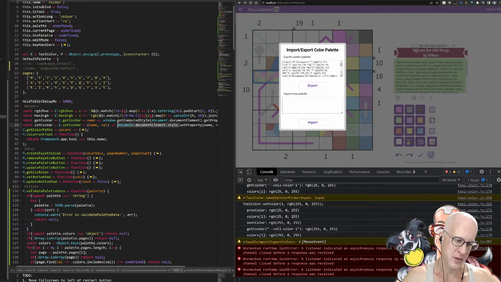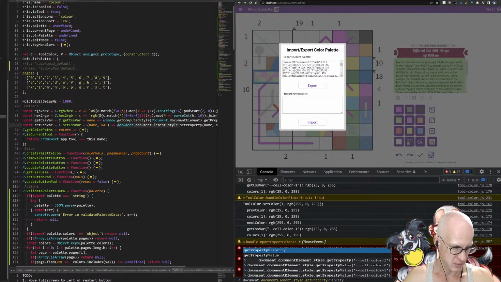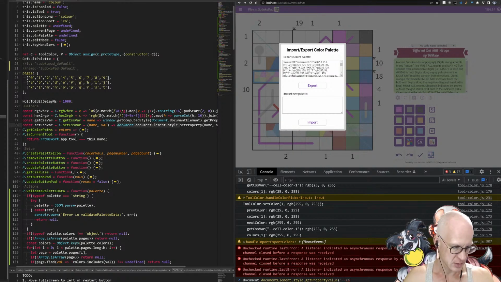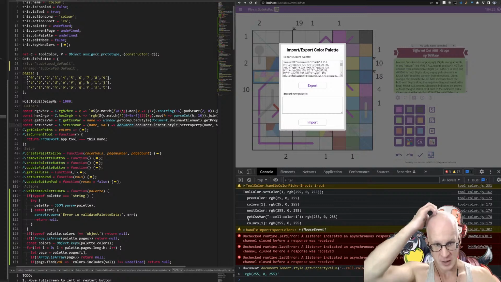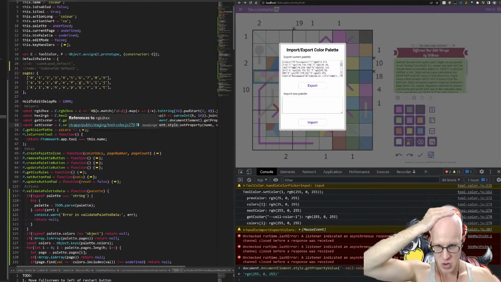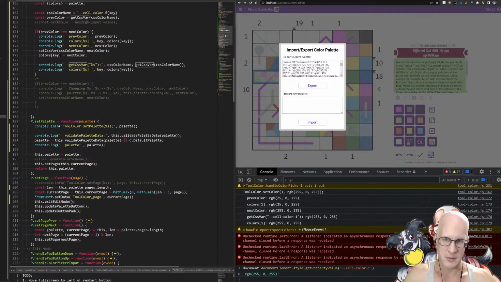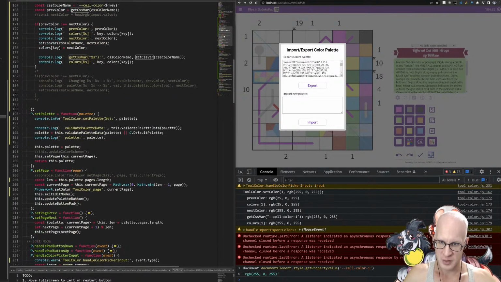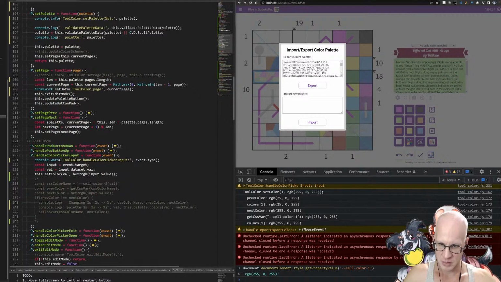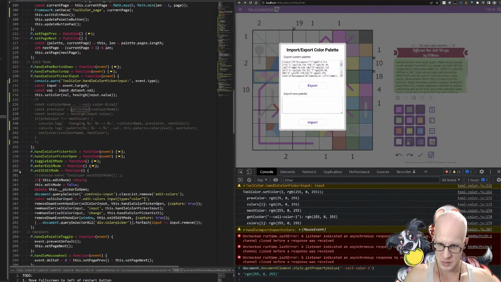So if I do get property value, dash dash cell dash color dash 1. If I do this, it gives me the right one. So this is what I'm supposed to be using, not scanning through the CSS, and I've done all of this already. So for our exporter, that means